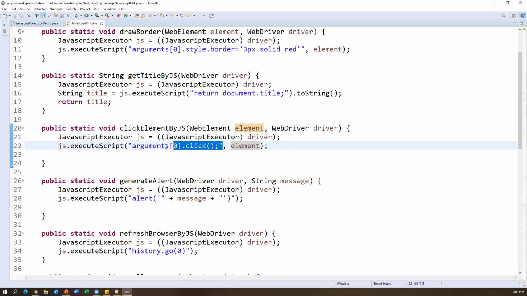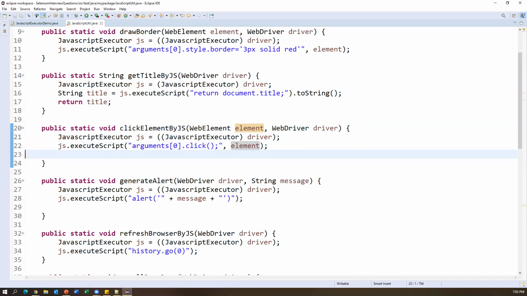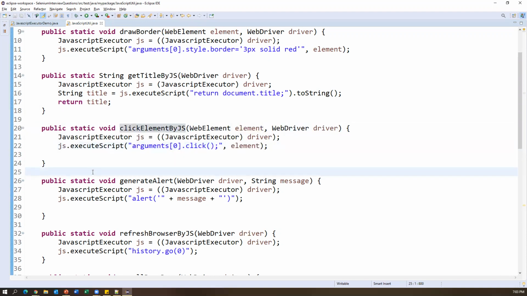Then this particular statement will perform the click action on this element. And it can be a link or a button, radio button, or checkbox, whatever element we pass, which will perform the click action on that element. Okay, now let us test whether this method is working fine or not. Most of the times we use this one in many places.